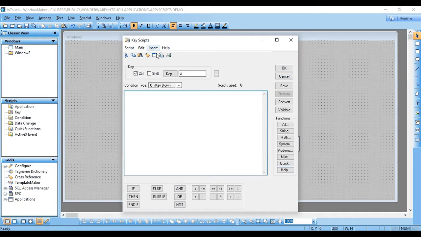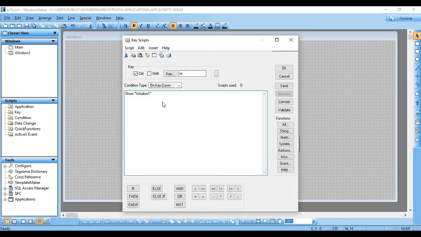So I have decided the key, and there is a condition type: on key down, while key down, and on key up. That means while we are pressing the button, while the key remains pressed, and on key release. On key down is perfect, and show window 2.